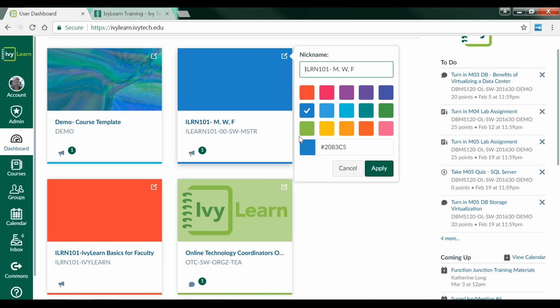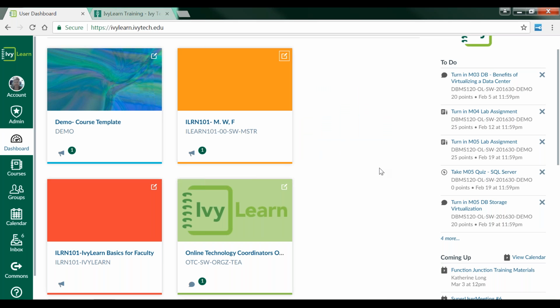I can change the color to anything that I like. So I'm going to select this nice orange color, and I apply it. Now this orange color is only viewable to me. This is not pushed out to your students. And the reason why is because these color blocks